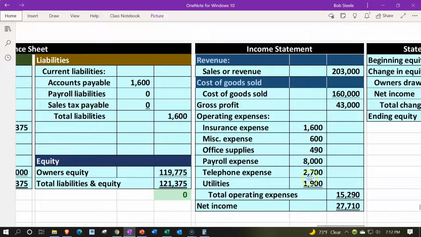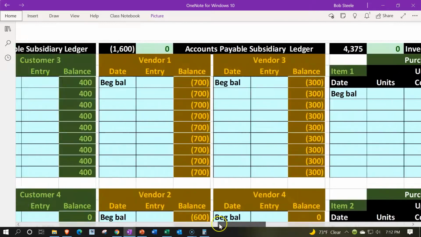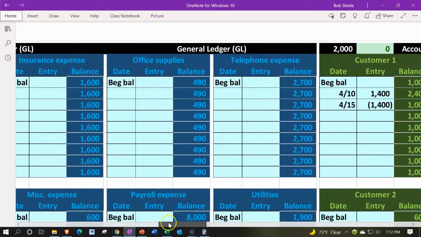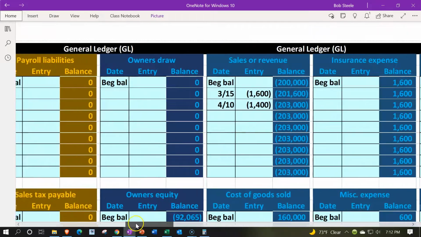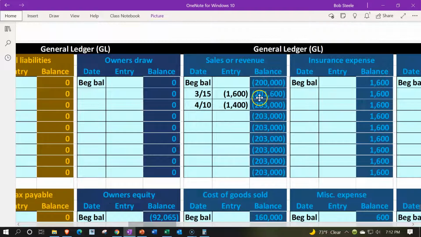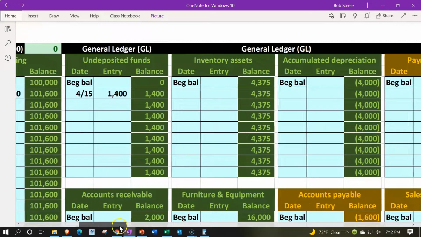If I drill down on, say, the sales account, for example, that would take us to that form of transaction detail report, which is in essence like a general ledger type of report, giving us the items by date of transaction. If I drill down from the balance sheet to the accounts receivable account, for example, it would give us